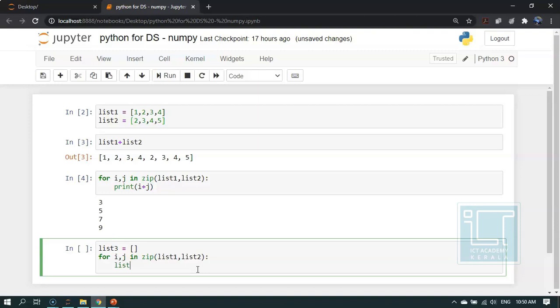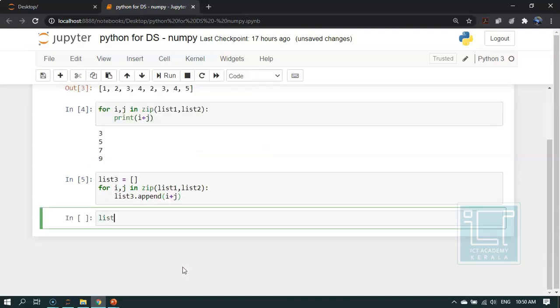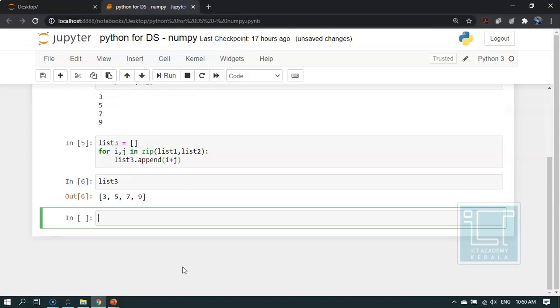For that I am using this code list3.append(i + j). This will add each i plus j value to list 3, and I am executing this, and if I check list 3, it will have the addition values of list 1 and list 2.